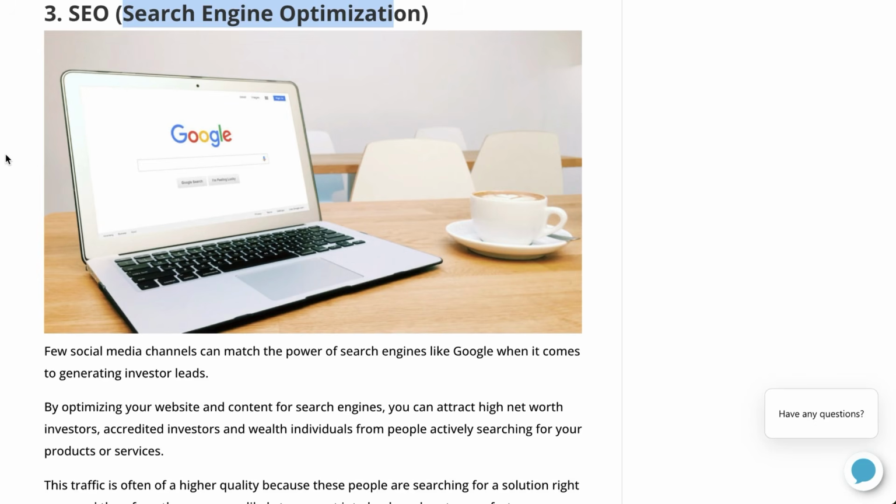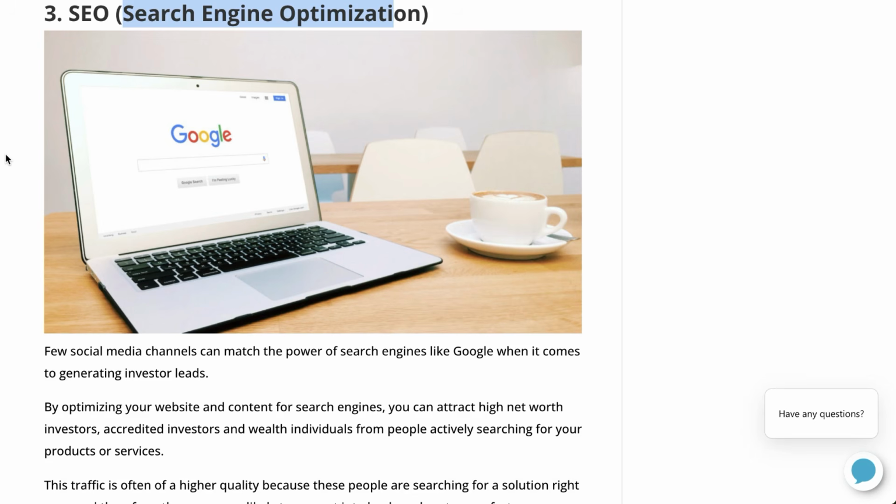The key to doing this successfully is to be very specific with the questions that you answer. The more specific you are, the less competition that keyword or that question has, and the easier it will be for you to rank for it. And at the same time, when you target very specific questions or keywords with your content, these kinds of search queries tend to convert much better into leads, appointments, and clients.